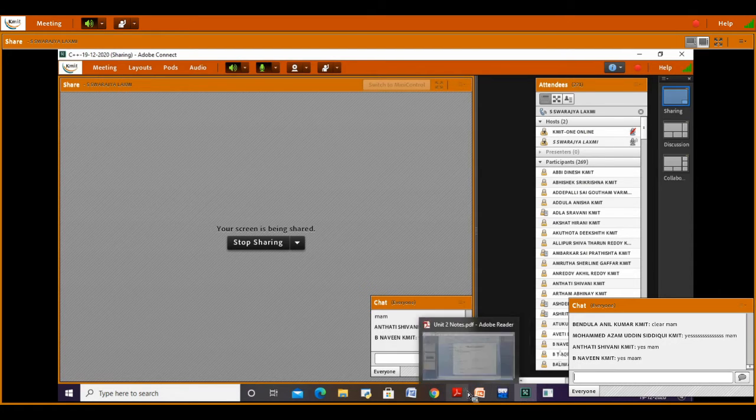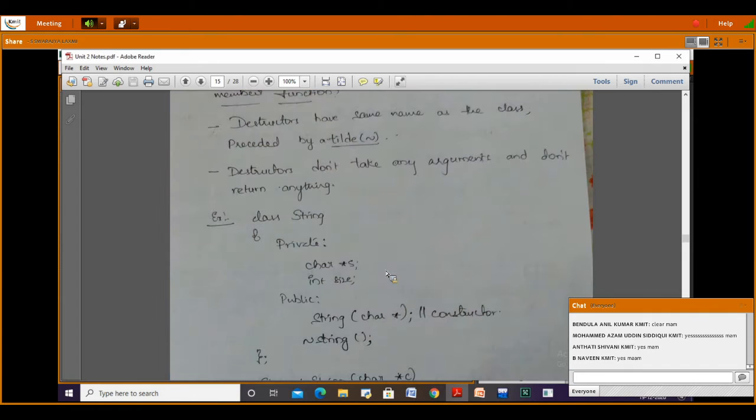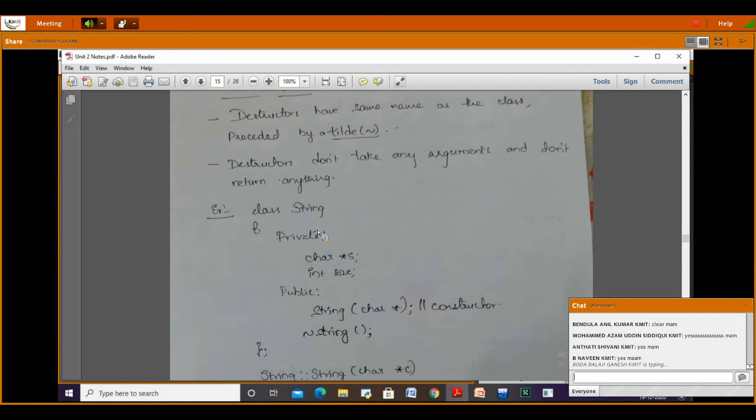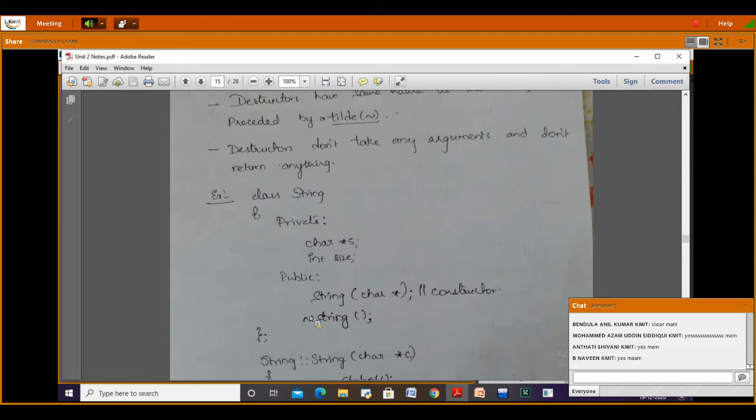So we continue with the destructor. See, the class I'm taking is string as the class name, with private char star s and size. I'm writing a constructor and one destructor. So how have I written the destructor?